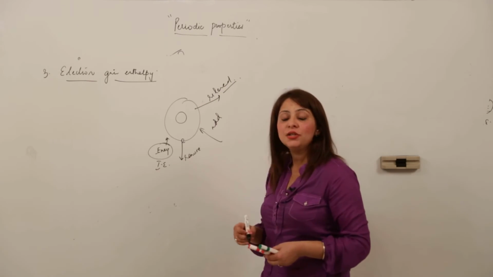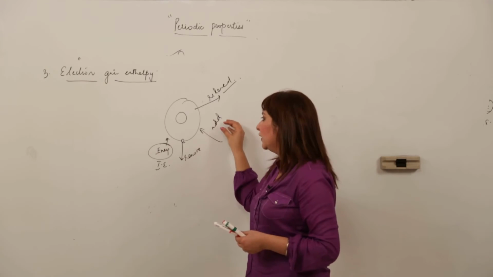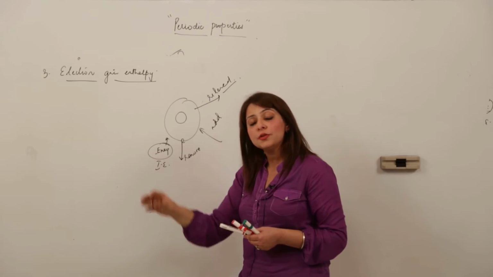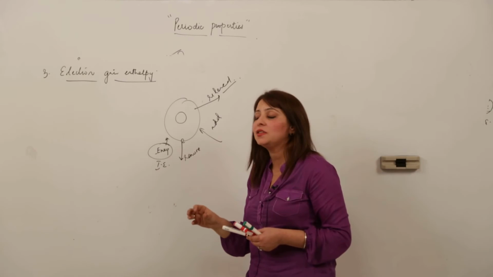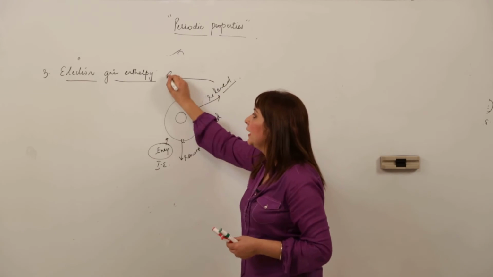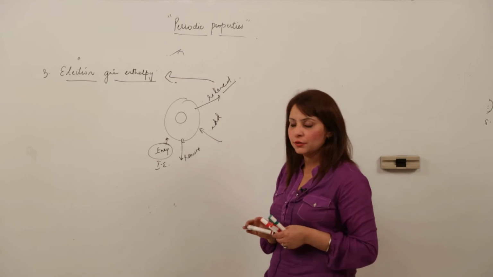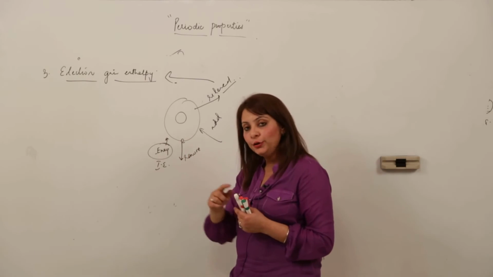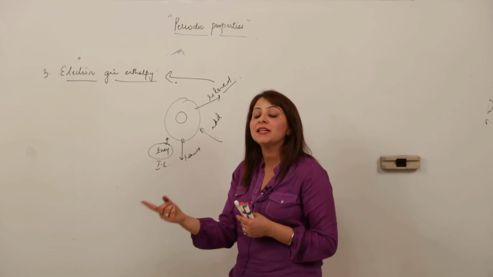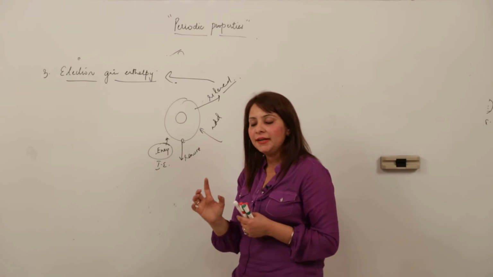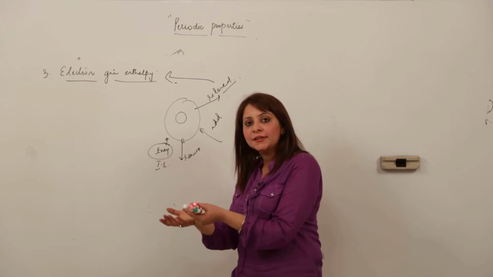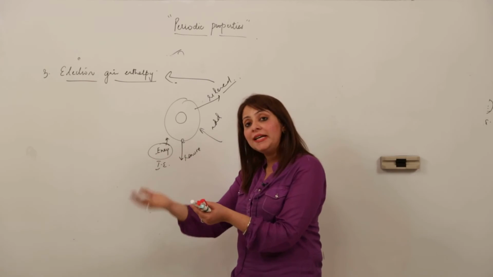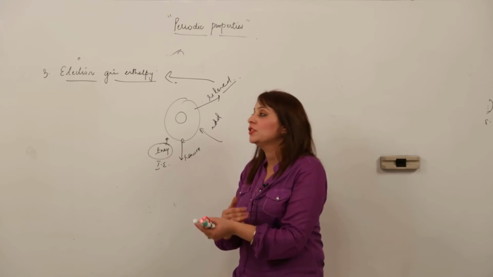So that energy which is released when an electron is added to the outermost shell of an atom when it is in gaseous state is called electron gain enthalpy. I am just repeating again, keep in mind, to remove an electron you have to supply energy from outside, and that is ionization energy, right? And when you want to add an electron, energy is released from the atom, and that energy is called